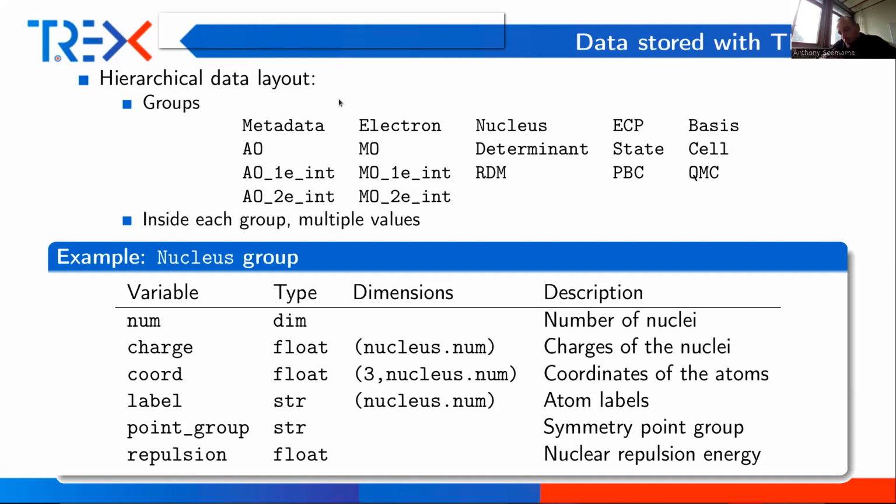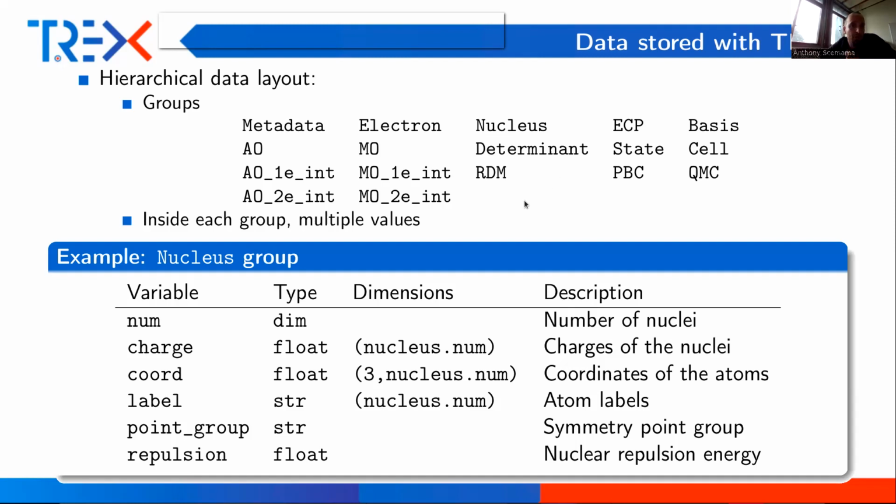And then when you expand it in px, py, pz, etc., you go to the atomic orbitals and the MOs. We can also store one- and two-electron integrals in AO and MO basis. Information about the determinants, the CI expansion. We also just introduced some information for periodic boundary conditions